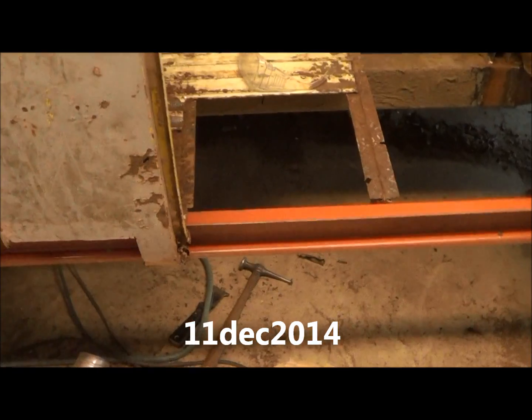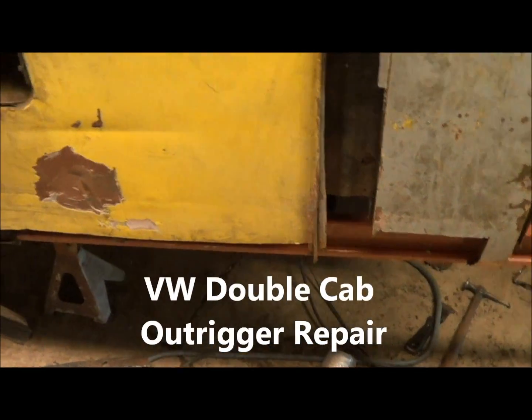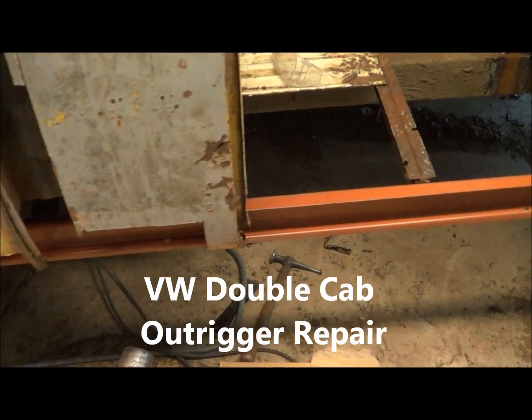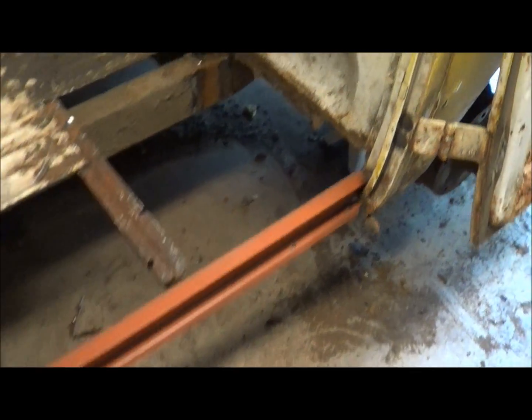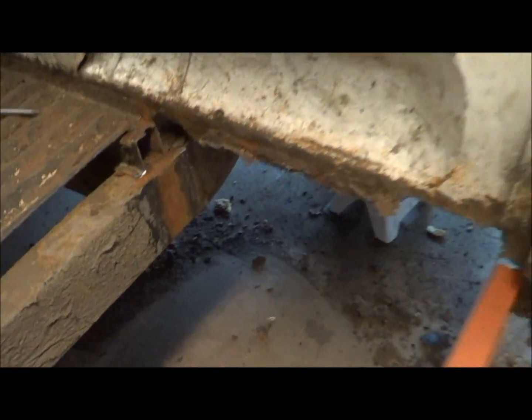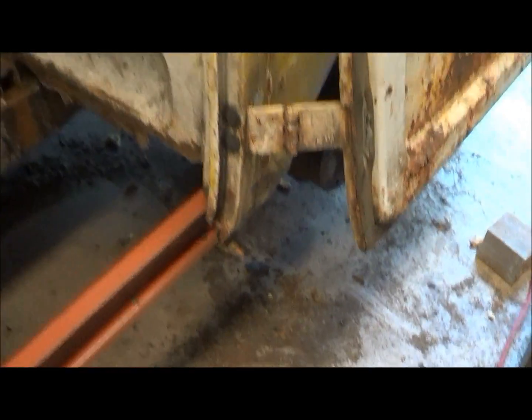Well, it's the 11th out here and I'm back at this. I kind of just stuck that rocker in place to look at things. It's not welded in or anything, but anyway, I think I can do this. First thing I've got to do is rebuild this whole structure up here that holds the jack and the bottom